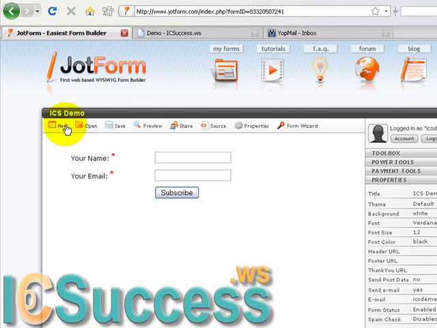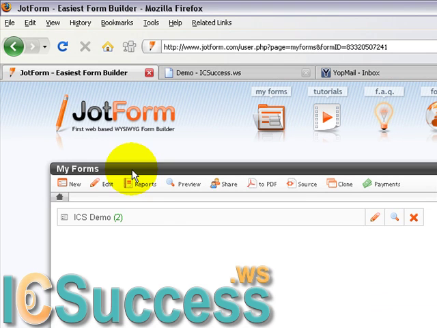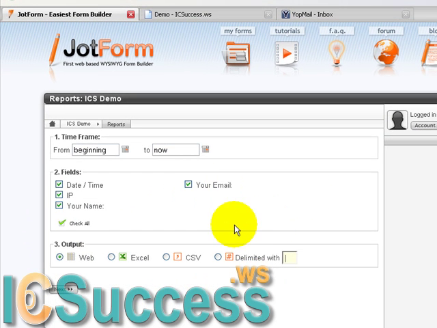Okay, so you've seen how it works. Again, you can make as many forms as you'd like. And the cool thing about it is you can always check to see how your forms are doing, which forms are getting the most submissions, and get a more detailed report on it. So instead of checking your mail all the time, you can come here, click on the form you'd like to see, and hit reports. And this will give you a bunch of options to choose from. You can choose whether you want to view the date, IP address, name, email, or whatever else kind of information you require,